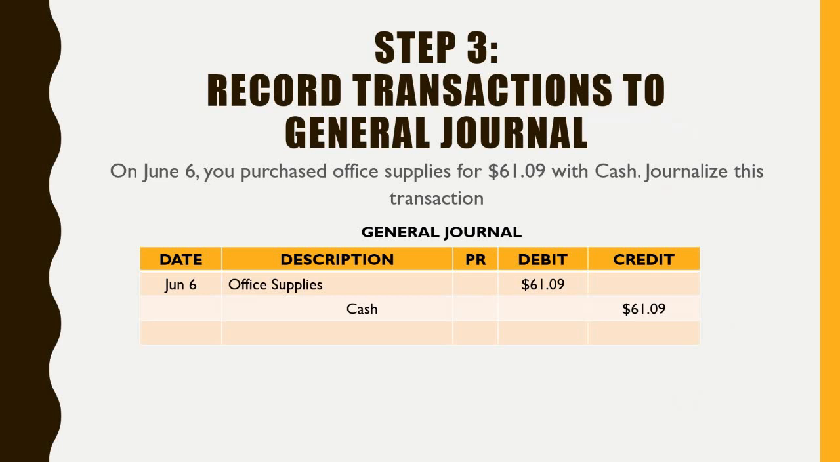Okay. So then step 3 is where we're actually recording it in the general journal. So in this case, I acquired assets by increasing my office supplies by $61.09, and I had to decrease my asset because I spent money. In order to spend money, I need to credit my cash account for $61.09, right? We practiced this yesterday, okay? So once you've done that,